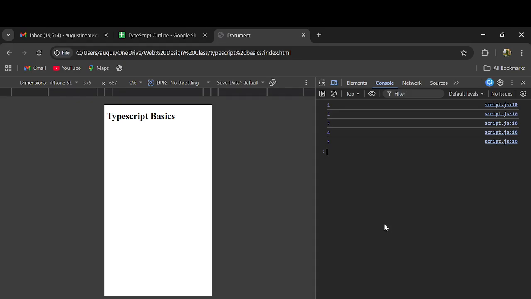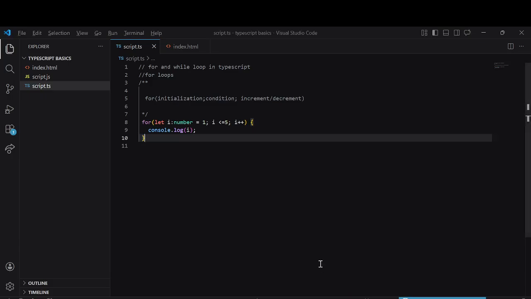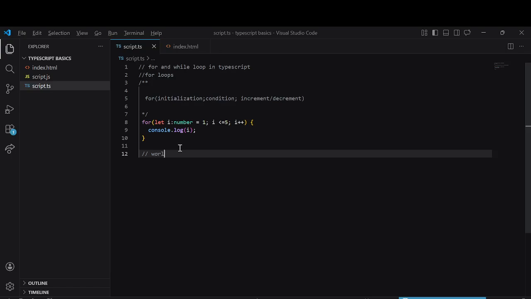Let's loop through an array. Okay, let's just go ahead and do a for loop first of all. Let's say we want to check what cups here